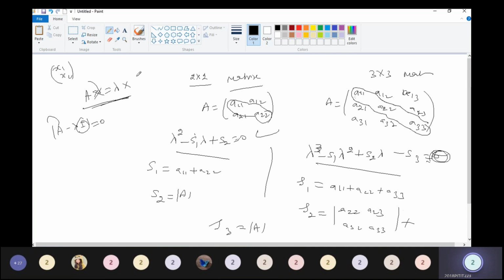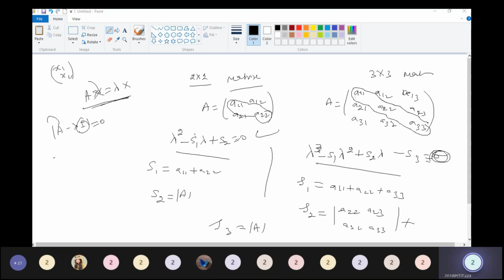So Cayley-Hamilton theorem, what is the Cayley-Hamilton theorem? Every square matrix satisfies its own characteristic equation. Instead of lambda, we replace lambda by A. We call it the Cayley-Hamilton theorem. A theorem is a statement, a true, accepted statement, and the statement has a proof. That is the theorem. Okay, we'll go to the problem.